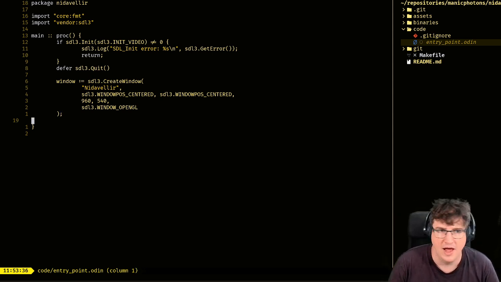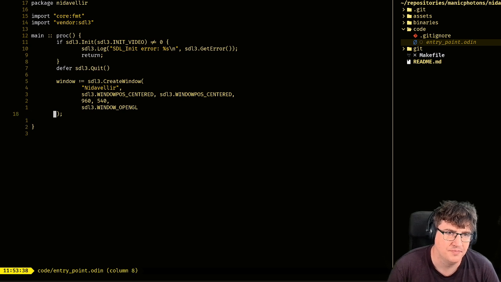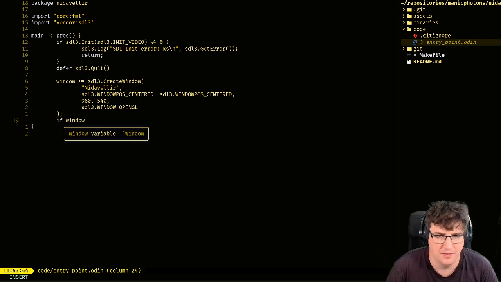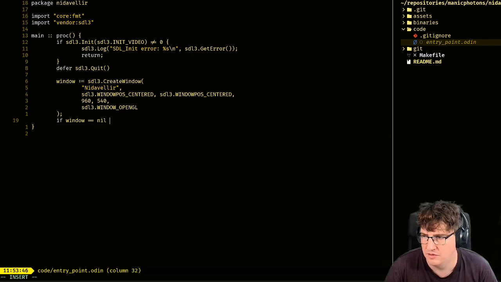So we're going to try and create a window here, just as we tried to init SDL there. And then if the window is nil, we know we failed, so we will go up here, grab this,